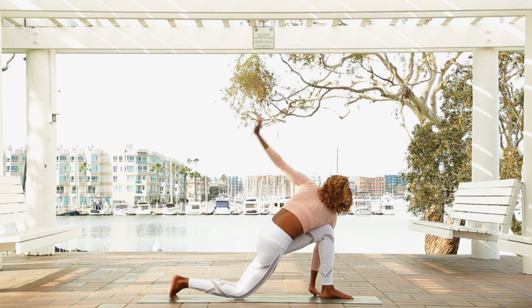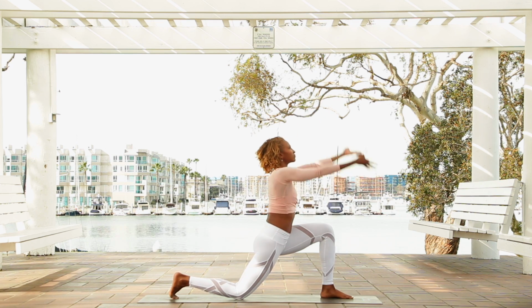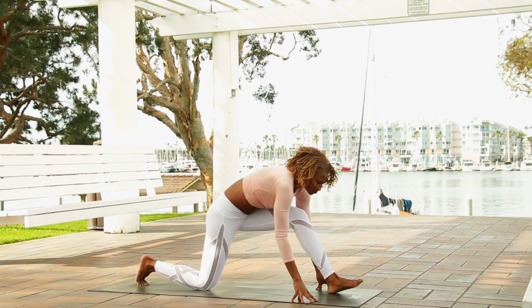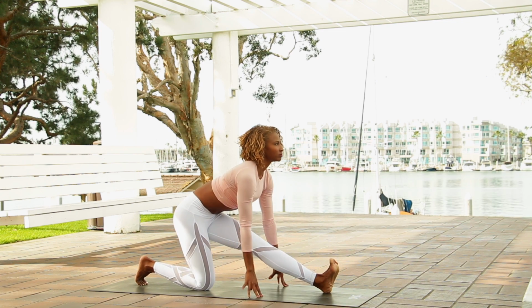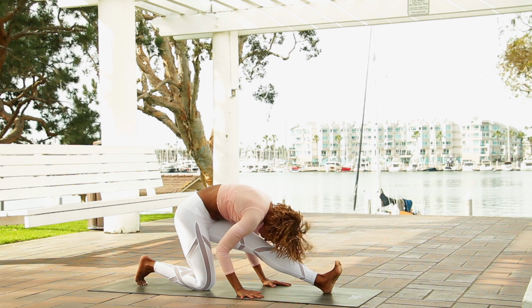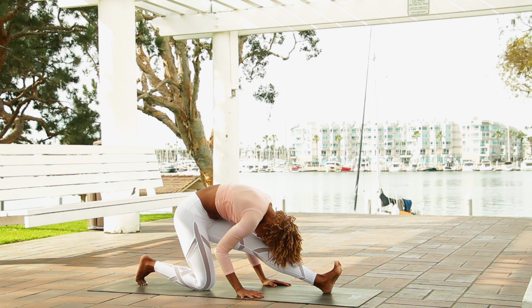And then slowly make your way back to center. Inhale your arms up. Exhale, bring your hands to the floor. Go ahead and scoot your toes up 3 inches. Shift your hips back for half split. Inhale, lift your heart. Exhale, melt forward with your heart and then your head all the way down. Completely let go. Take a deep inhale